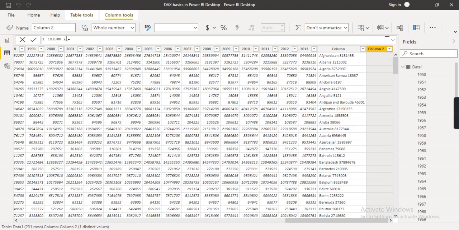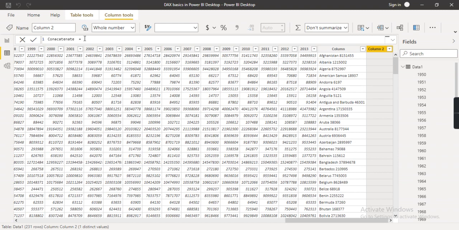Okay, so we will give some name to this column, as concatenate, so we can know that this column we have created for concatenate functions.